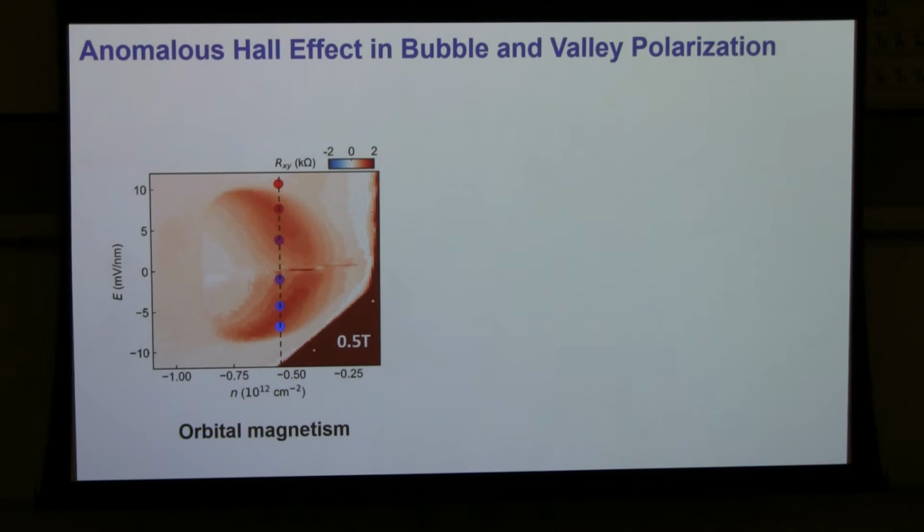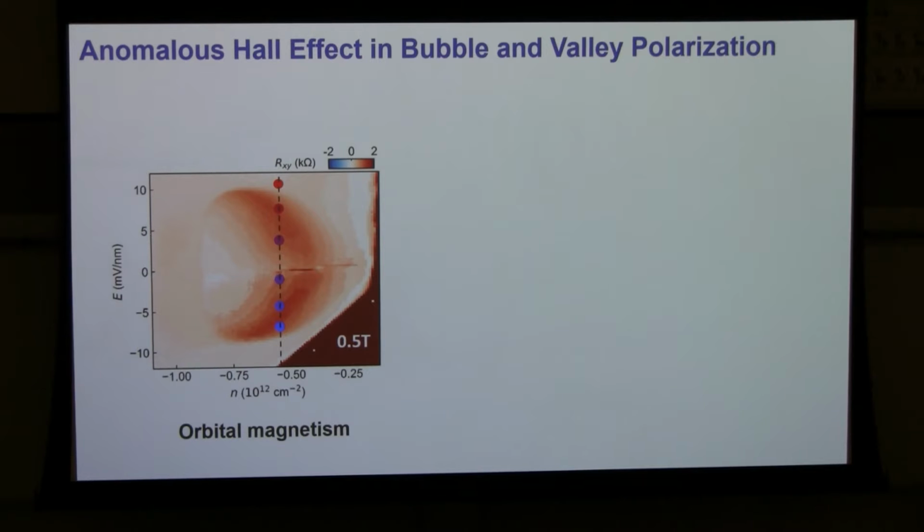So inside the bubble, you can also measure the anomalous Hall resistance at very low magnetic field. The color outside the bubble tells you the normal Hall contribution at 0.5 Tesla, but clearly within the bubble there is a much bigger value than the normal Hall, and this is the anomalous Hall due to the valley symmetry breaking and the accumulation of the anomalous Hall resistance.